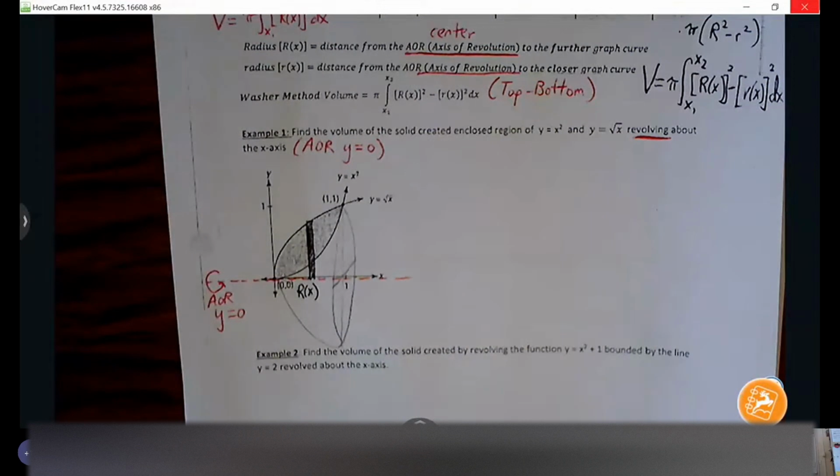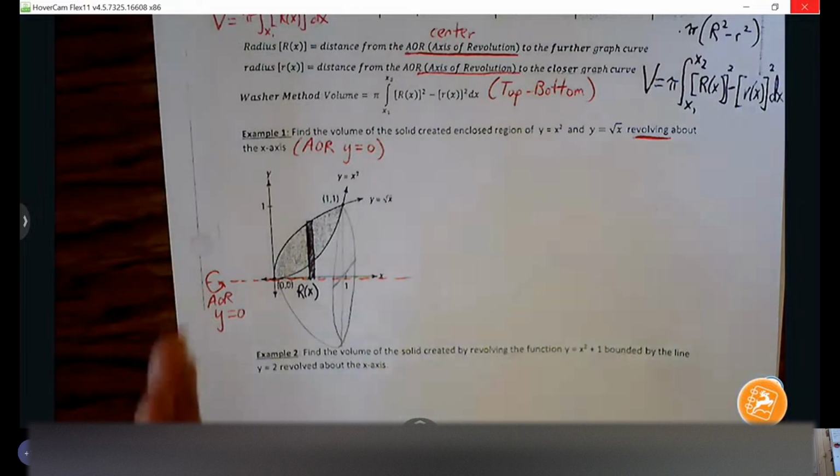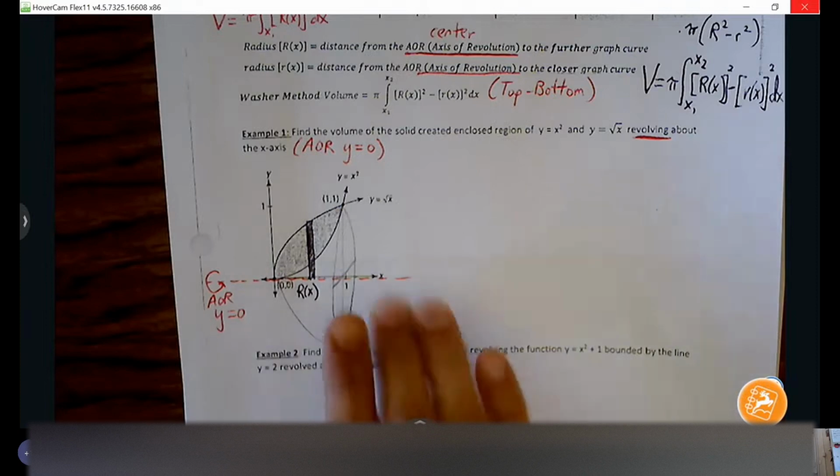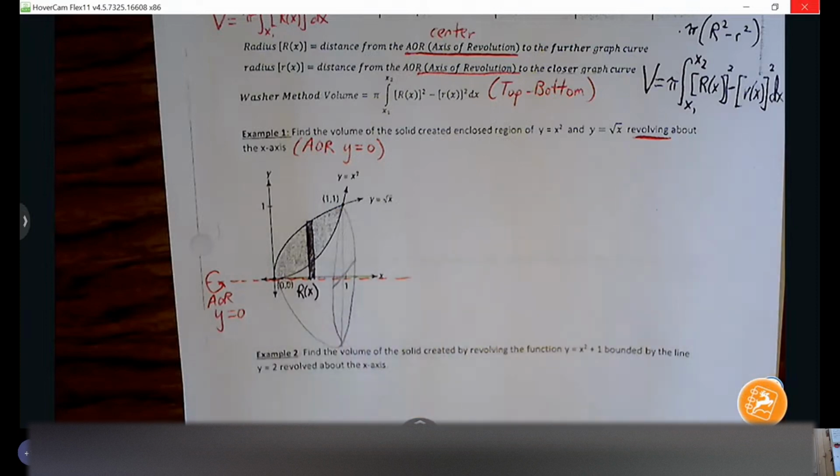Now here's my suggestion. When you draw your big R and little r, it doesn't matter where you start. You can put it inside, you can put it outside. It doesn't matter which one you put to the left or to the right, but just try to put them next to each other. If you can put your big R and little r next to each other visually, that's going to be very helpful, because they can guarantee you that your big R is always going to be longer